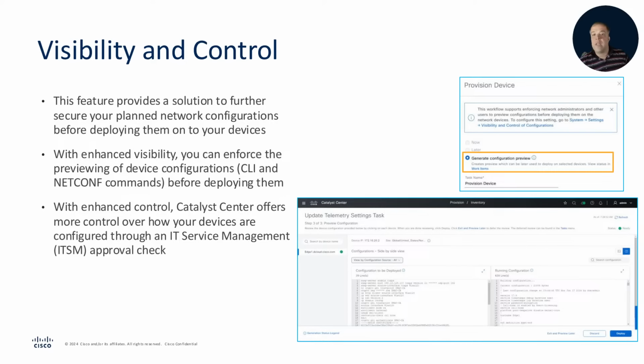You'll know exactly how the configuration is going to change. And like I said, you'll see the actual CLI and netconf that will be used before it actually goes into effect. The whole measure twice, cut once kind of phenomenon. So the other thing is view changes. So we want you to see the commands, but we also want you to understand what the impact of these is going to be. So Catalyst Center will let you view the configuration details and highlight what's being added, modified, or removed. And this is available across most of the Catalyst Center workflows, and that includes provisioning all the way